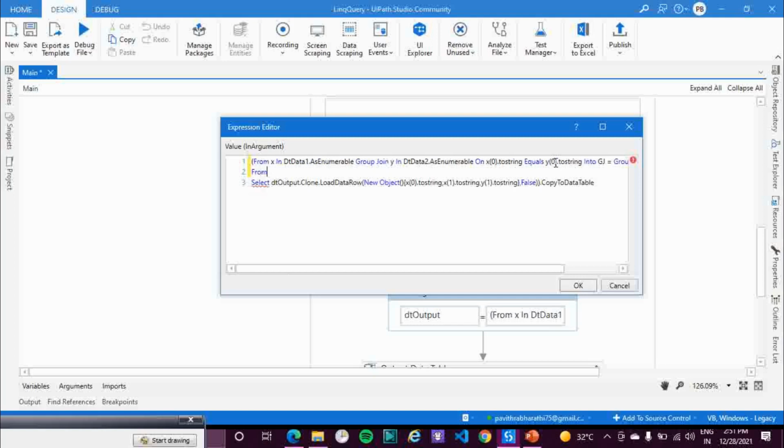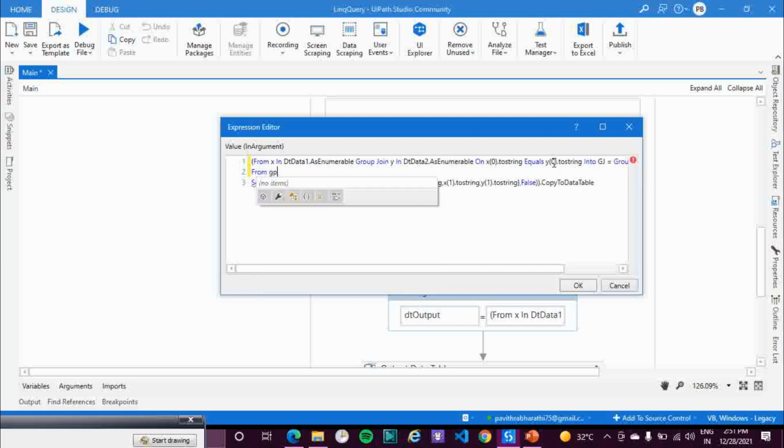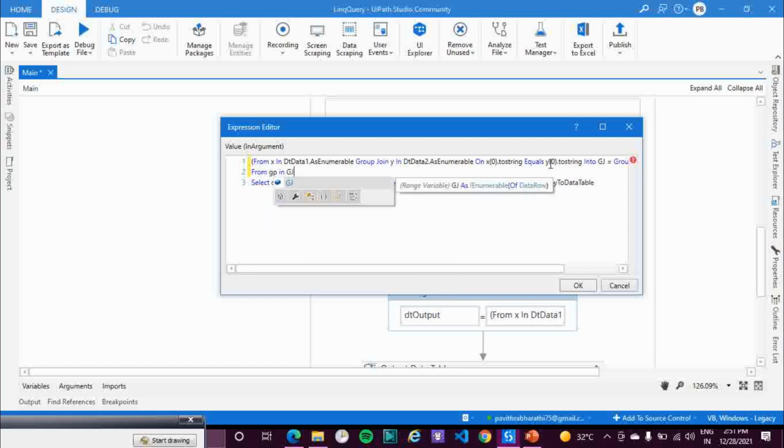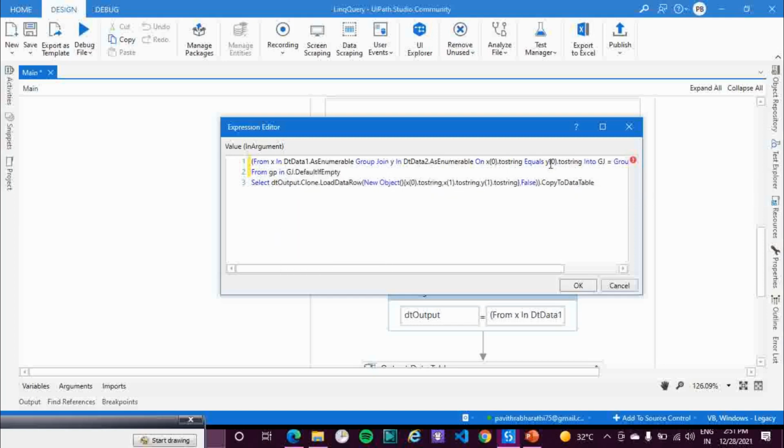Okay, now the next condition would be from group in of GP, the variable in group join dot default empty.